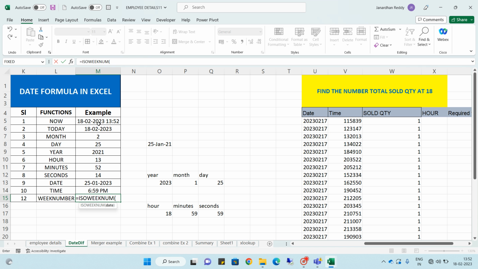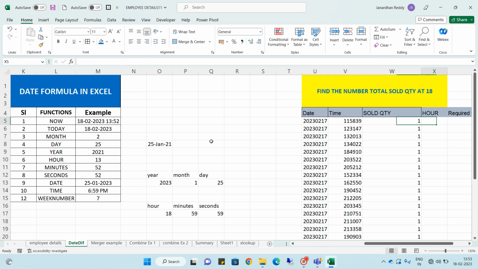So now I'm selecting this date and I'll just hit enter. So now we are standing at the seventh week. The week number is seventh. If you want, you can calculate it as per the date. You can see it here and calculate the week numbers. It will show the correct figures. And there are some formats like here in the date